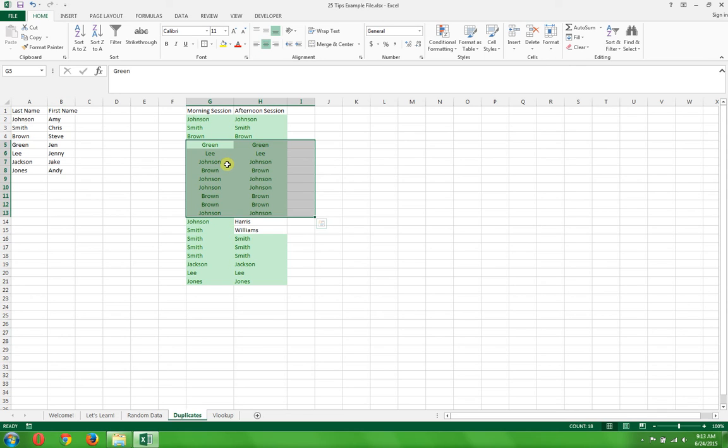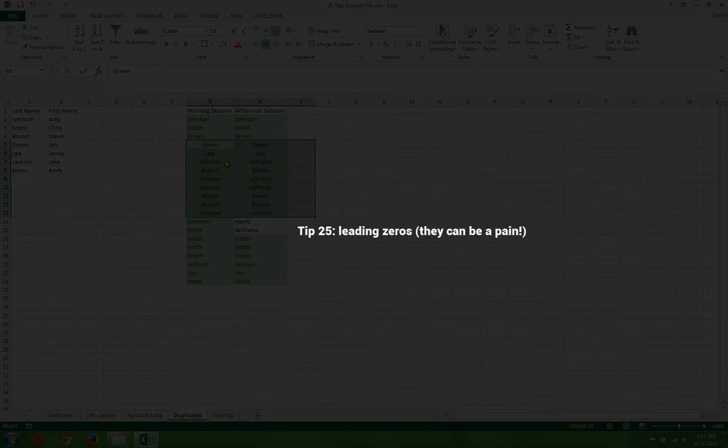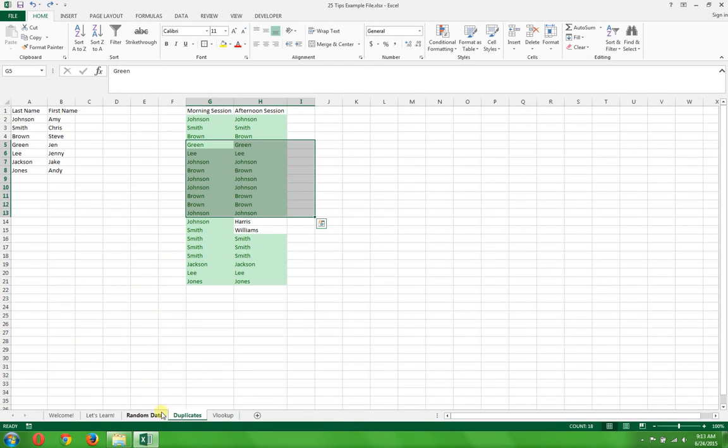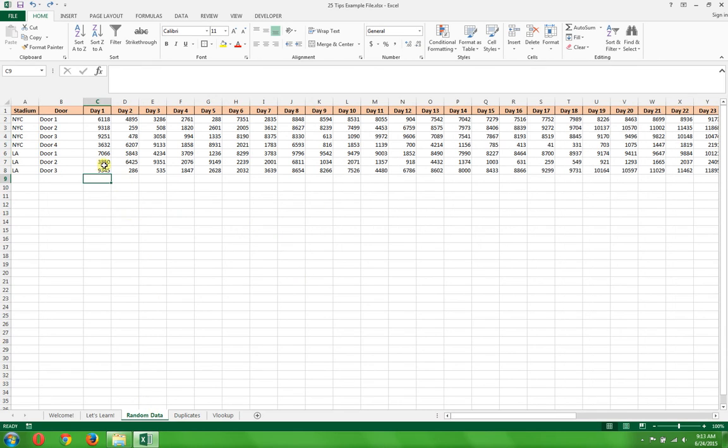So that's the Alt button. Next thing on our list is called leading zeros. And that doesn't really make much sense just by hearing it, but let's go over here to our Random Data tab. Let's pretend you have all of this information and you have a boss who's annoying and he wants all of these numbers to have six